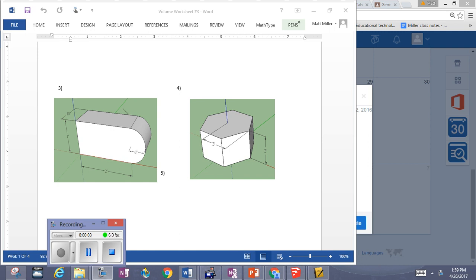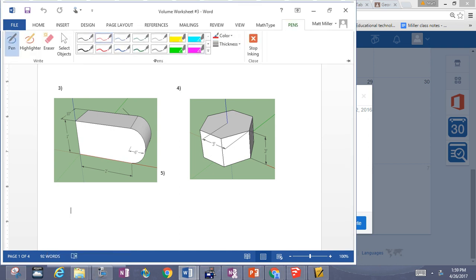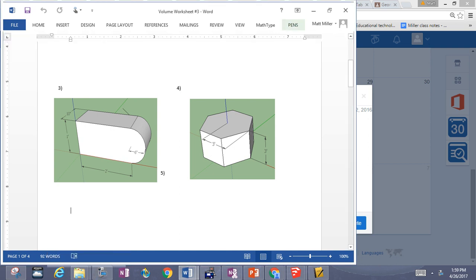All right, gentlemen, we're going to look at finding the volume of a couple of these figures. All right, so let's open this out. Let's talk about it. Okay, this is a hexagonal base prism. So the volume formula